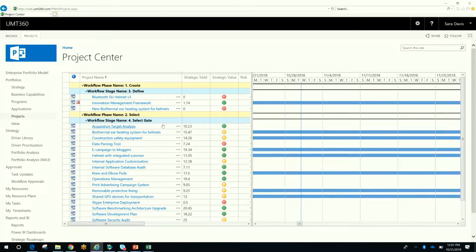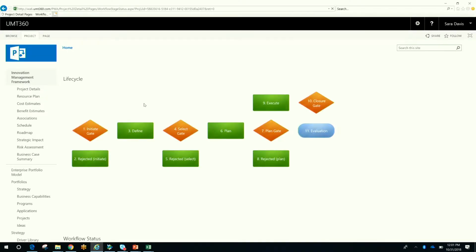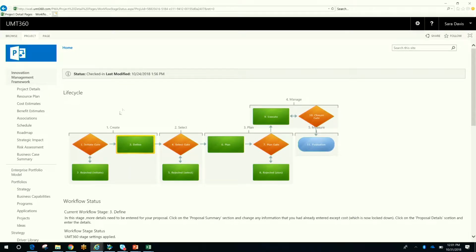So let's drill down into one of the projects here, Innovation Management Framework. So I'm opening up this project. As we can see from the graphical workflow, we're early in the life of the project, actually in the stage of building out a business case. One of the forms we can complete here, coming from the UMT360 Resource Manager app, is the resource plan. If I open up the resource plan